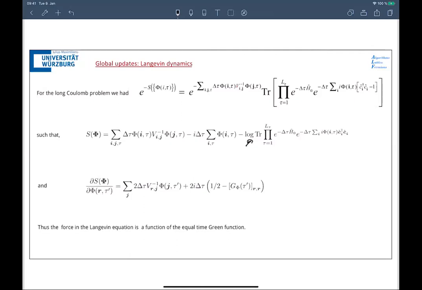And then with the physics input that I at least claim to have figured out, I could improve this acceptance ratio from 10 to the minus 13 to 10 to the minus 8. So yes, it was quite a bit better, but 10 to the minus 8 is still way too small to effectively be accepted. So I think the problem is that you have to understand the physics exponentially well, because the acceptance rate goes down exponentially if you increase the cluster size. And that's quite tough in general.